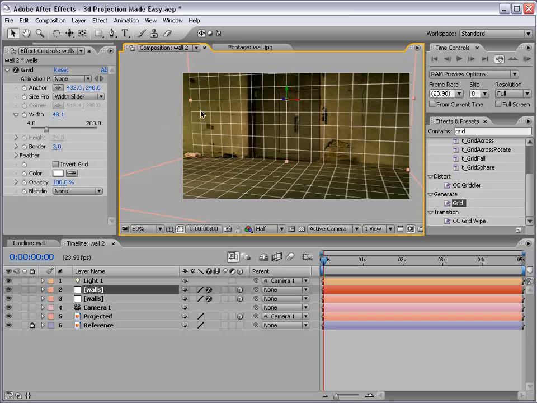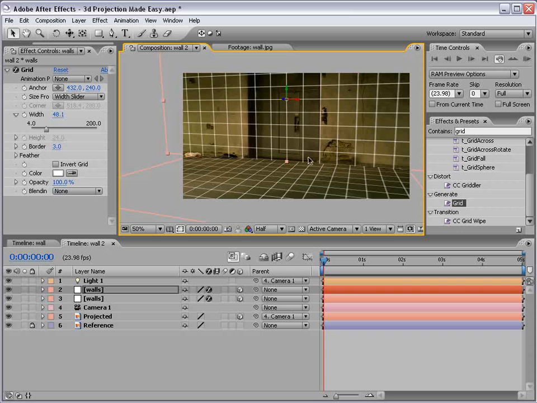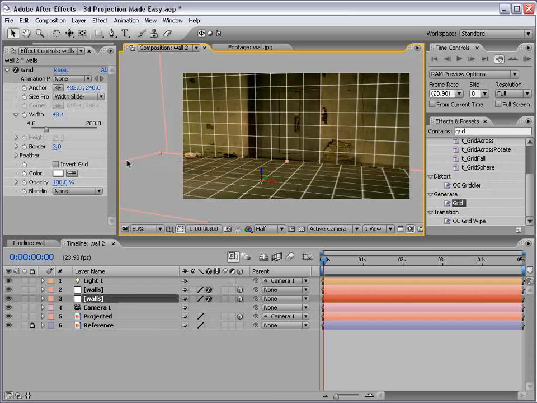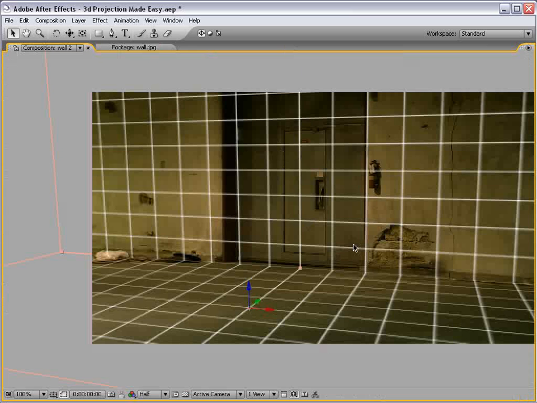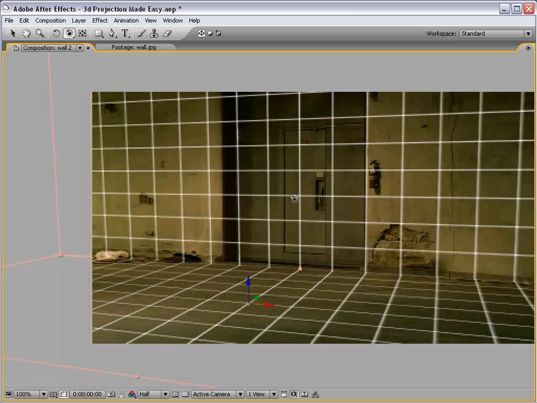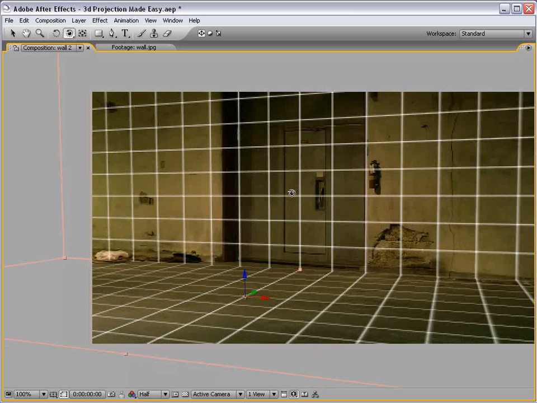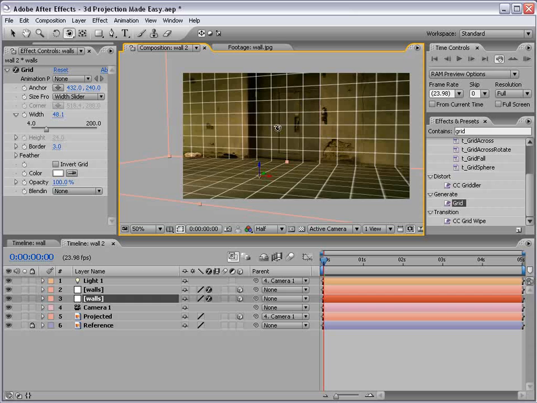Now, our walls don't quite make it, so we're just going to extend these, stretch them out a bit. Take this one, stretch it out a bit. We can line them up as needed. So now that looks pretty close. We could play around with the perspective some, maybe bring it up just a little bit. You're the one that probably took the photograph, so you can tell. It's not essential that it's perfect because we're just creating an illusion, and that illusion is going to shine through